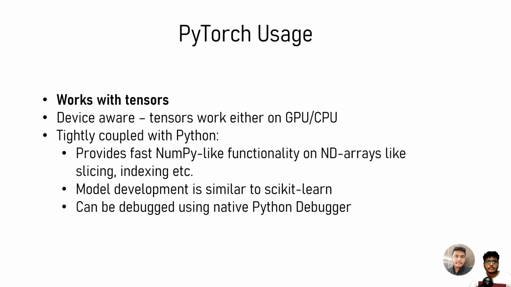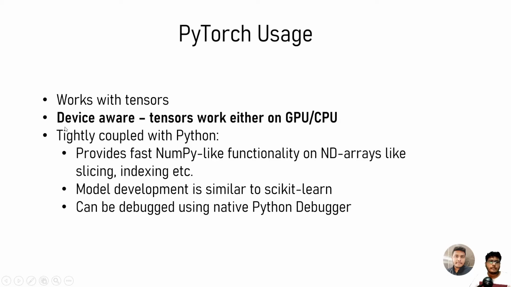Now, just to give you an understanding of what PyTorch provides. So PyTorch provides you tensors, and it also works only with tensors, right? So what are tensors? We are going to talk about it in some future video, but for now, just know that tensors are the fundamental data structure in PyTorch, right? So whatever operations in the neural networks you are going to do, you will do it on top of tensors. PyTorch will not work on any of NumPy's ND arrays or a simple list or tuple or dictionary object that you create. PyTorch will only work on tensors.